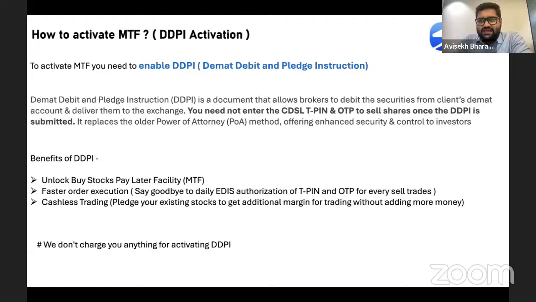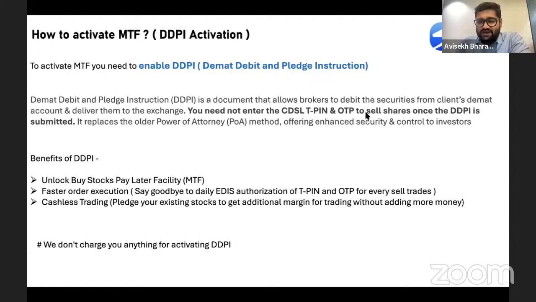DDPI is a document that helps brokers like us to debit the securities from your Demat account and deliver them to the exchange. Say, for example, you must have sold stocks. While selling stocks, you must have been receiving TPIN and OTPs.